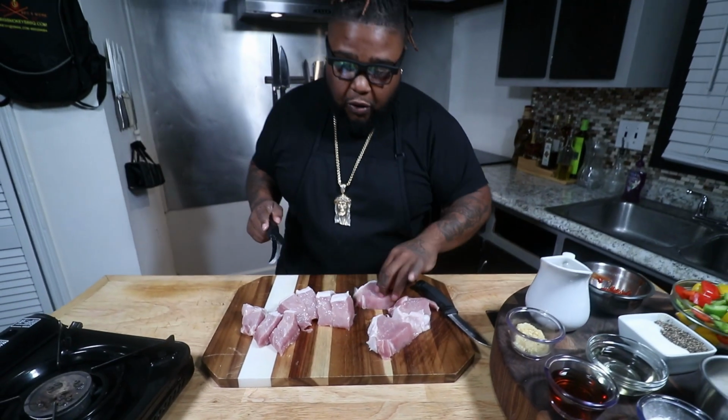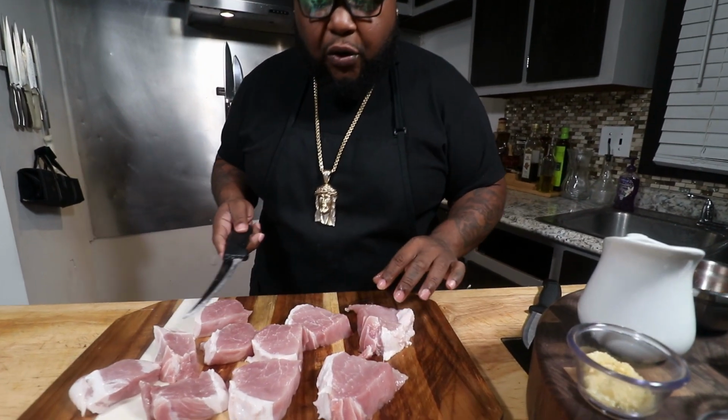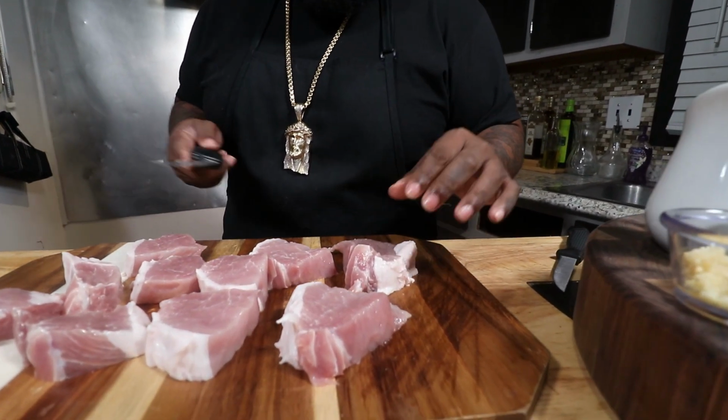This sweet and sour pork dish, this is something that's been around for years. Before me and probably before you. Shout out to China. We appreciate you for that. You know, you did that. Corona. Anyway,